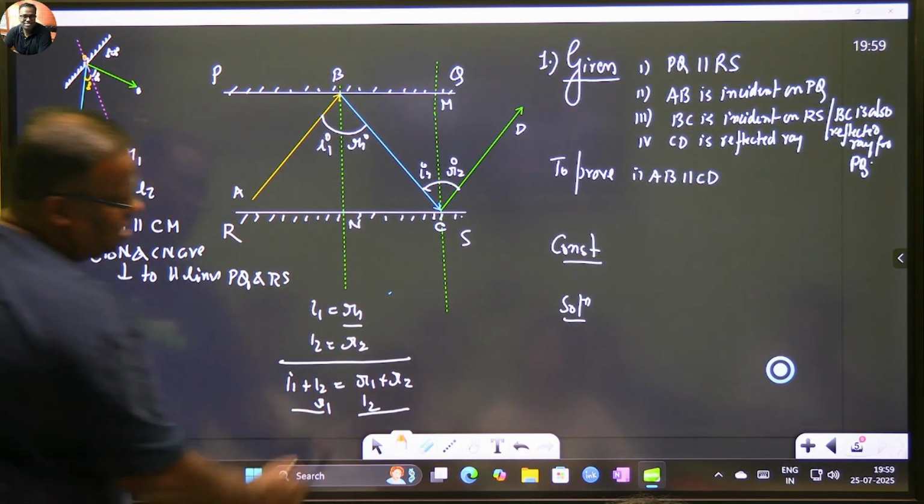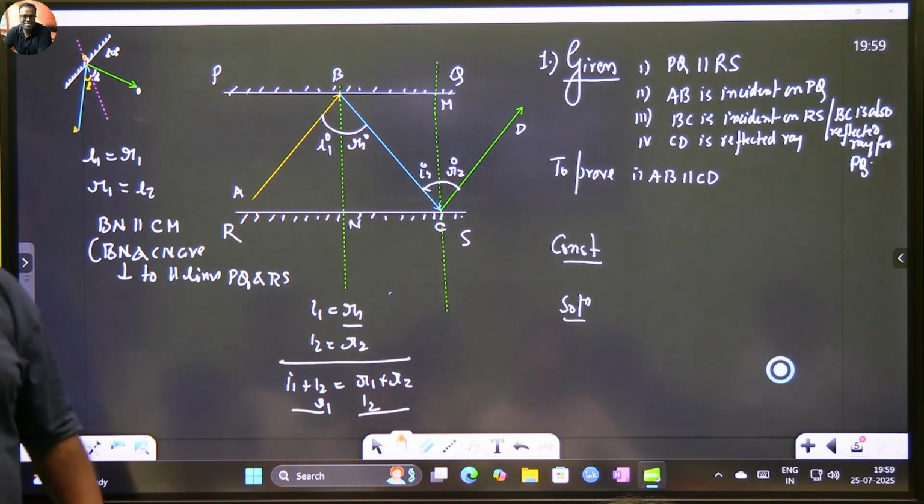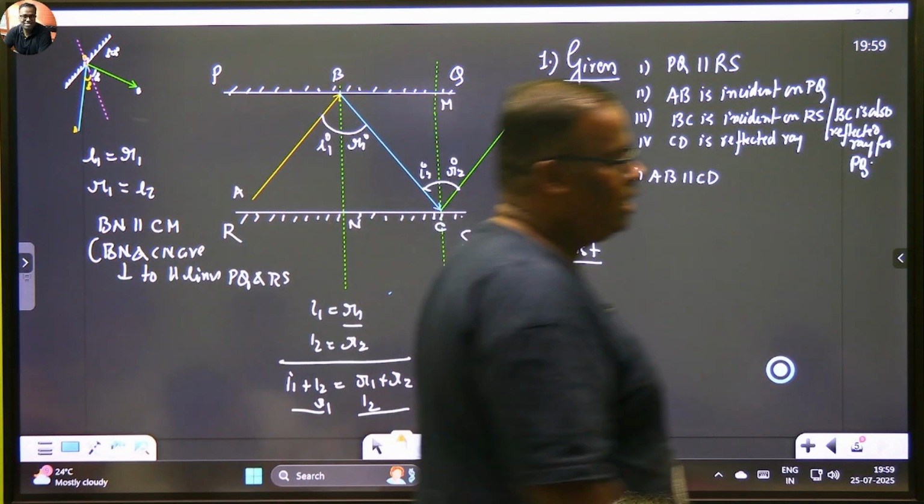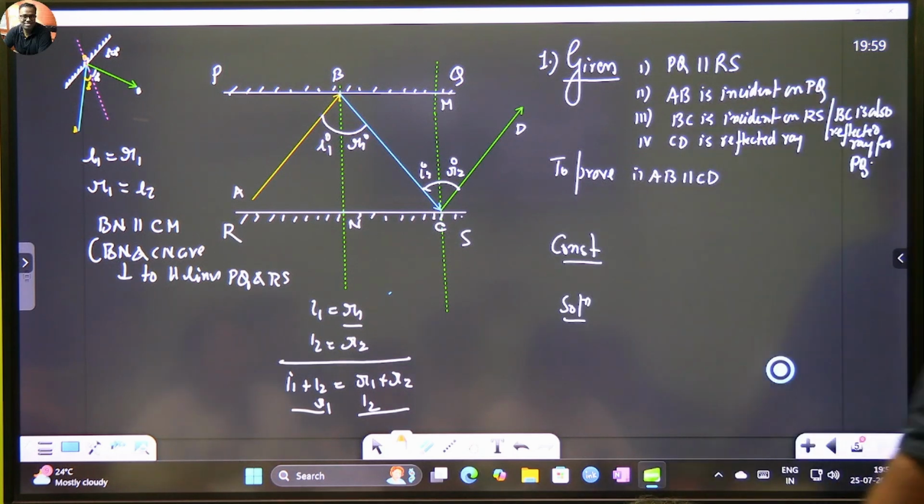This angle is equal to this angle. Clear? That means they form alternate interior angles. And since the alternate interior angles are equal, these two rays are parallel to each other. इससे भी इजीली निकल जाएगा, हम लोग और कॉम्प्लिकेट करके सोच रहे हैं। ज्योमेट्री इज ऑल अबाउट प्रैक्टिस। हाँ, वो भी कर सकते हैं, लेकिन इसमें जो फिजिक्स का लॉज ऑफ रिफ्लेक्शन है वो आपको यूज करना ही पड़ेगा, वरना आप प्रूव नहीं कर पाओगे दैट एंगल ऑफ इंसिडेंस इज इक्वल टू एंगल ऑफ रिफ्लेक्शन फॉर प्लेन मिरर।